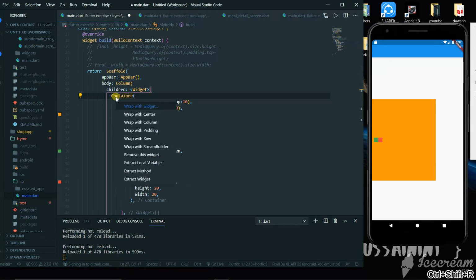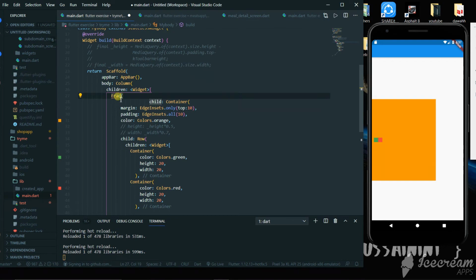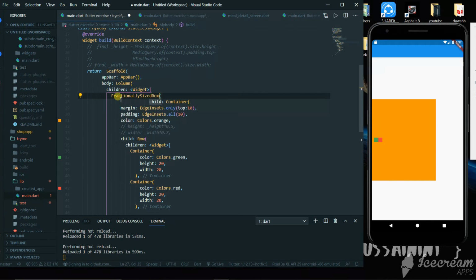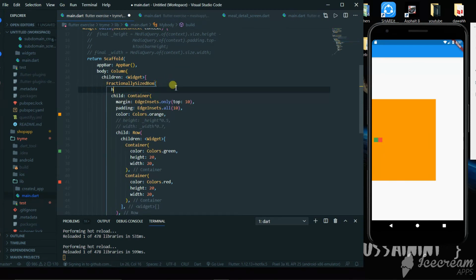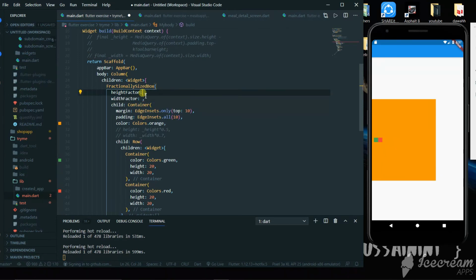In VS Code you can press Ctrl Shift and R. So we'll wrap this in a widget and we'll name this FractionallySizedBox. So what this will give us is a height factor and a width factor. So in this we'll just have to pass the values. Let's say I'm giving a height of 0.5, I mean 50%, and let's say I'm passing a width of 70%, I'll just give 0.7.